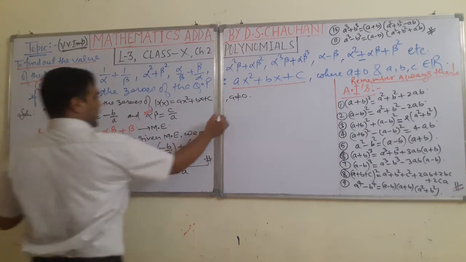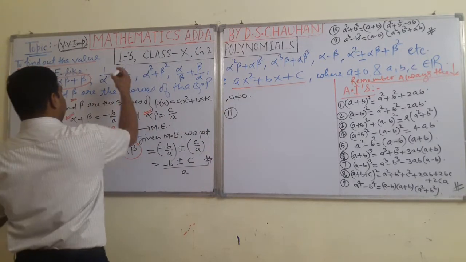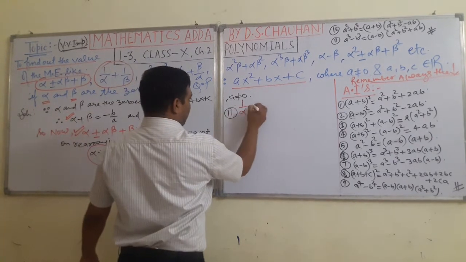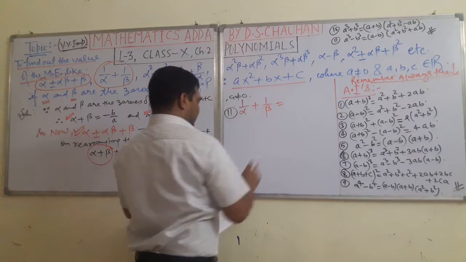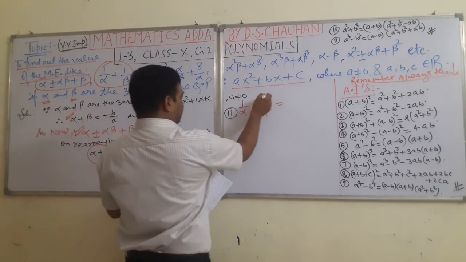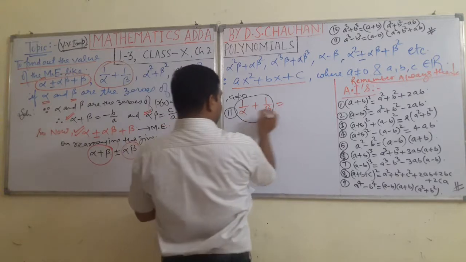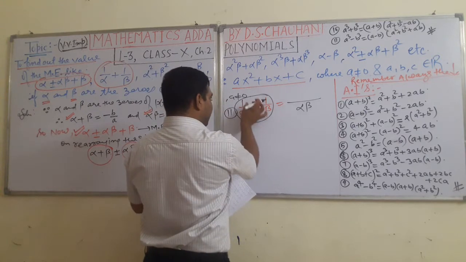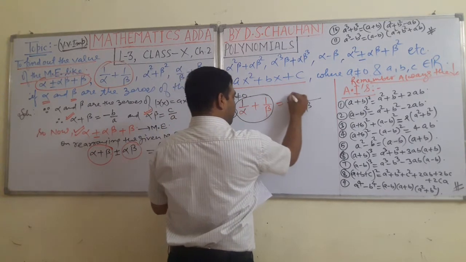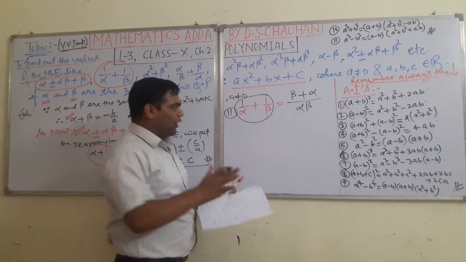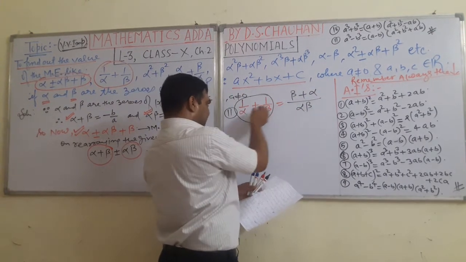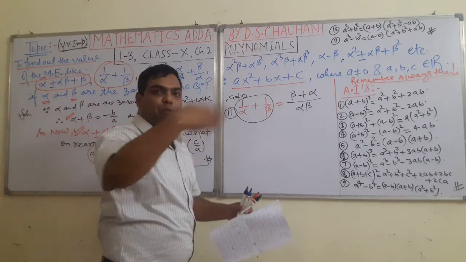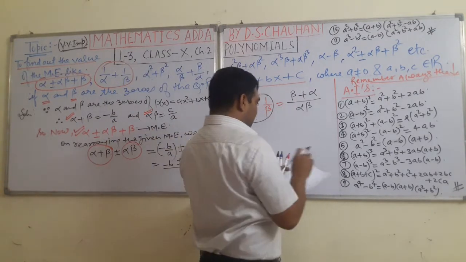Second, the point second, what is it students? It is 1 upon alpha plus 1 upon beta. See how to find 1 upon alpha plus 1 upon beta easily. Students, if you simplify this expression, alpha beta is the LCM. So in the numerator we will get beta plus alpha. How are we getting it, all of you know. If we divide this LCM by this denominator, the quotient is beta, and we multiply it by the corresponding numerator, and likewise. So we have beta plus alpha upon alpha beta.